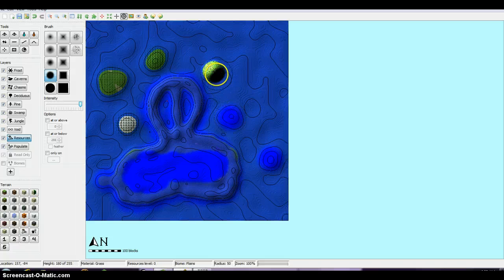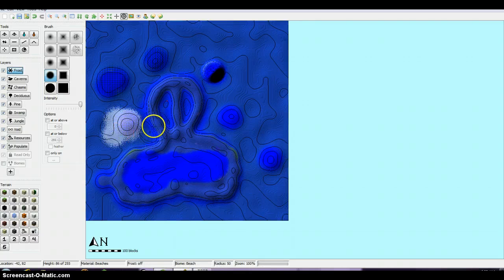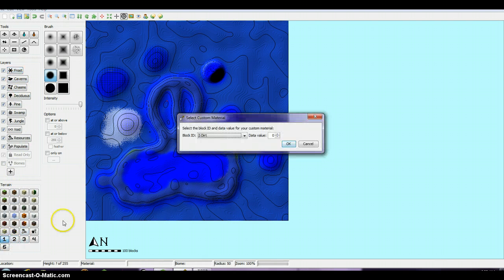So I'm just going to do that all over these. Okay. Now I want to frost. Do that over my icy island, my pine island. Okay. Now I want to put some melons in here because I can't spawn